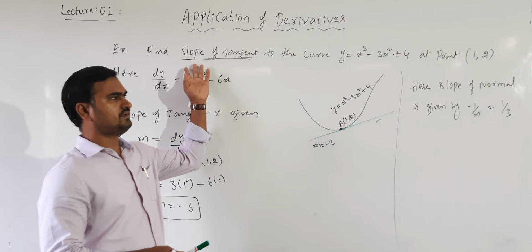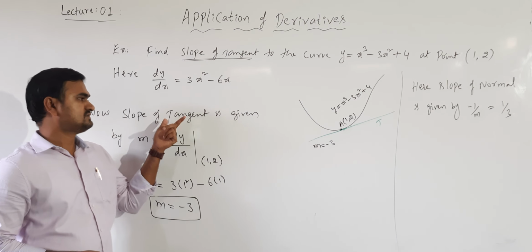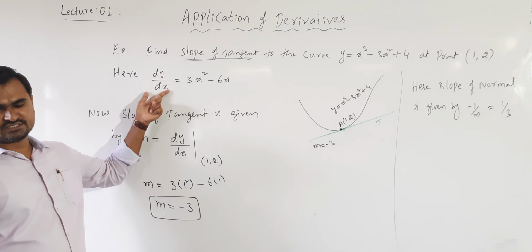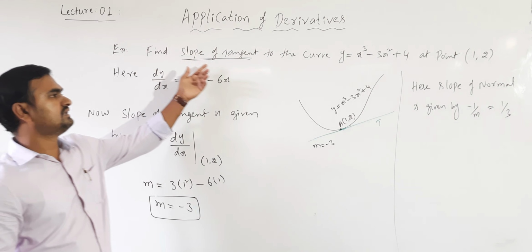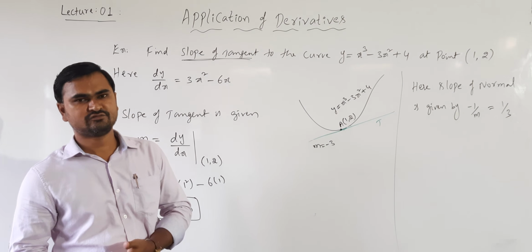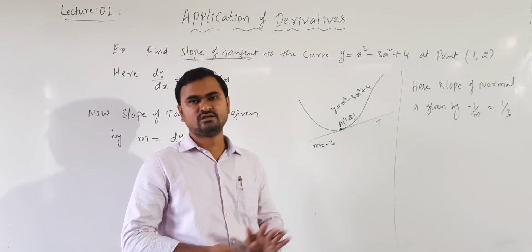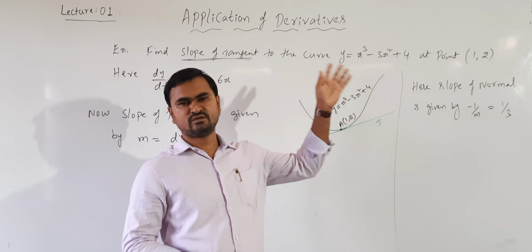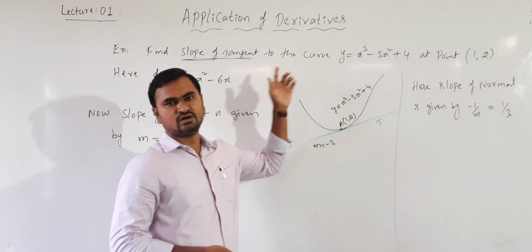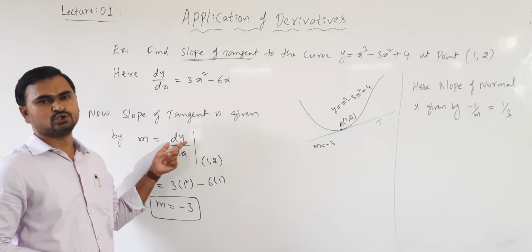Okay. So any curve is given at any point, we can always find the slope of tangent by using the derivative. Okay. So we should be good in derivatives first. Any function given, here it is algebraic, we are finding derivative. So sometimes maybe trigonometric functions are given, or implicit functions, explicit functions, logarithmic functions, inverse trigonometric functions are given. So any function is given, we should be able to know how to write its derivative. After differentiating, then only we can write its slope.